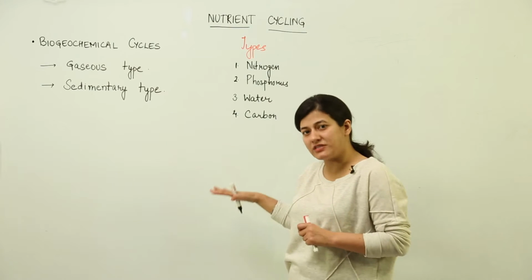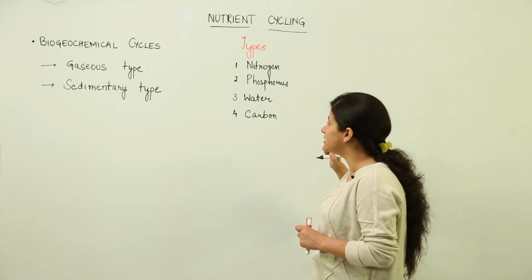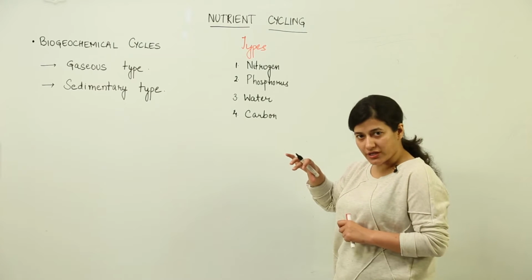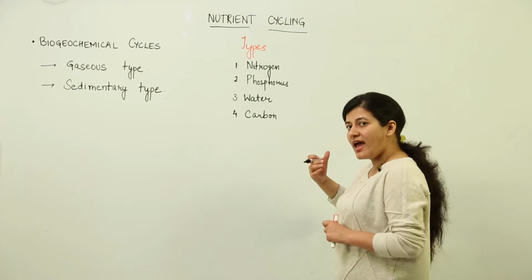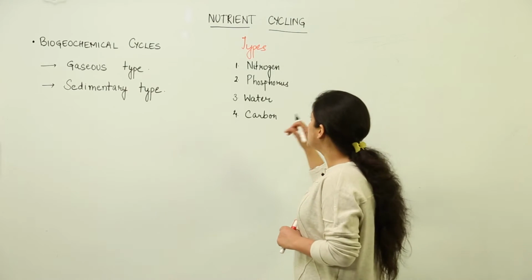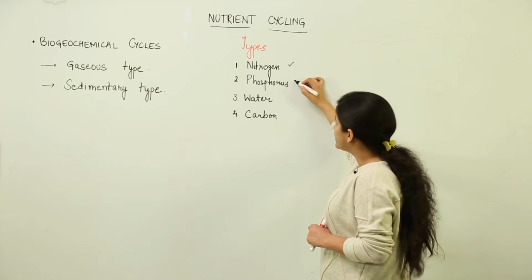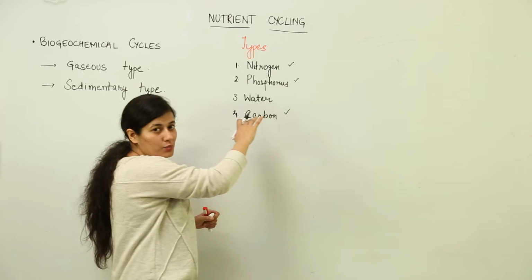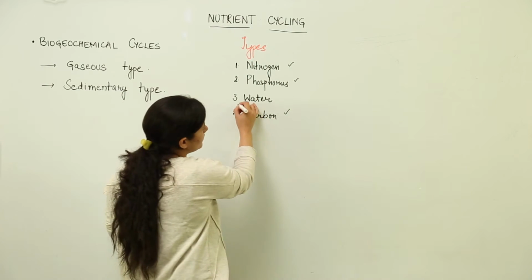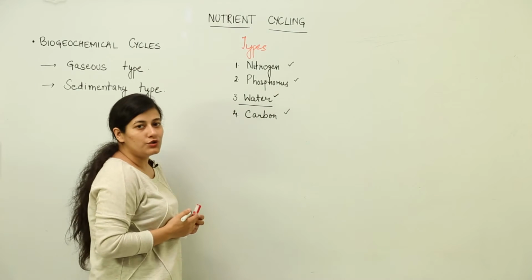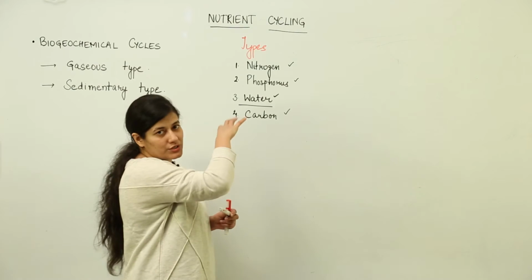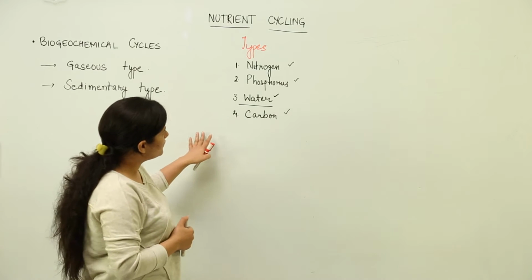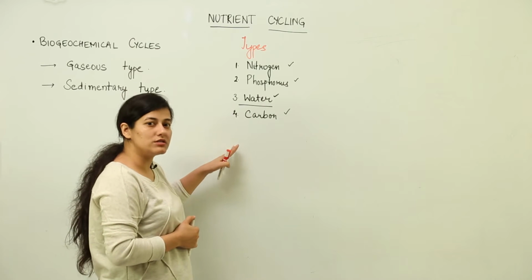Again, it would be in terms of standing crop and the trophic levels that would be considered. So when we talk about nutrients at the ecological level, there are important nutrients which are to be taken up by the biomass and incorporated into them, and those nutrients happen to be nitrogen, phosphorus, which is very important, and carbon, which is very important. So these three important nutrients are very vital to the plants, and that's why we consider them. And the water cycle, the one which we have been doing since our childhood, how the water is cycled within the atmosphere, hydrosphere and lithosphere. So we have different types of nutrients, and there is a different process of cycling which